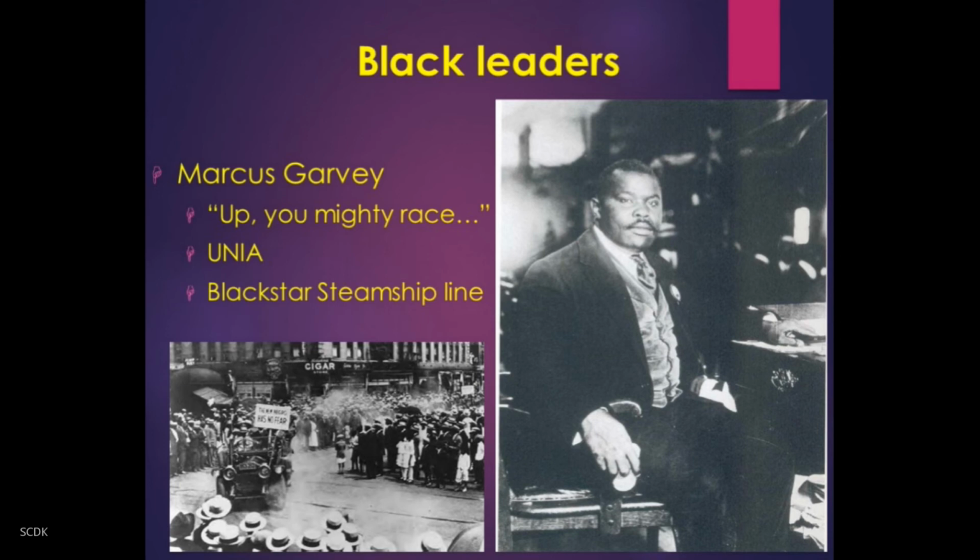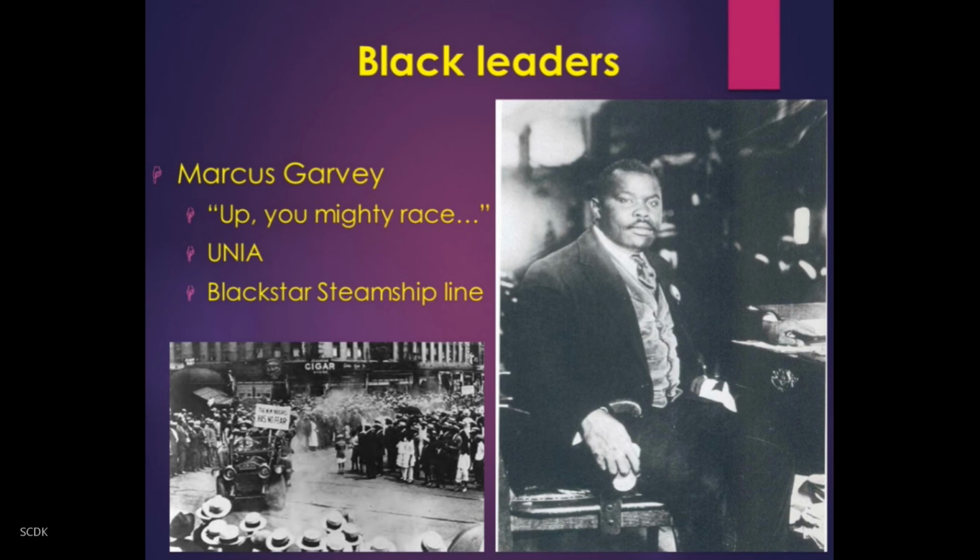Garvey was outspoken, threatening, and considered dangerous by some whites in America at that time, and thus the government set out to try to bring him down. Garvey, at times, would dress in military garb and led parades through the streets. The government struggled to catch him on any illegal activity, and so they focused in on the Black Star steamship line and the way that money had been raised, which was by advertising in the mail and having potential customers send $5 through the mail for their ticket on the Black Star steamship line to Africa.